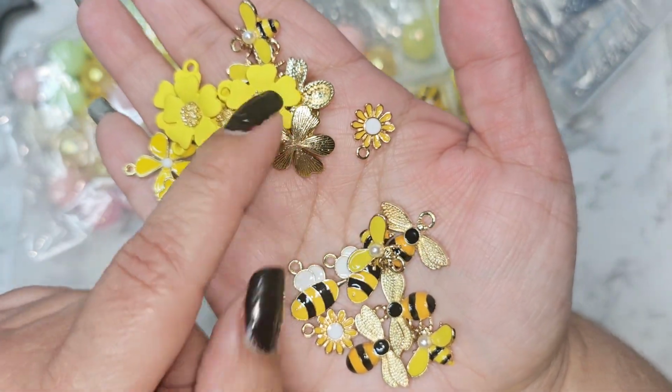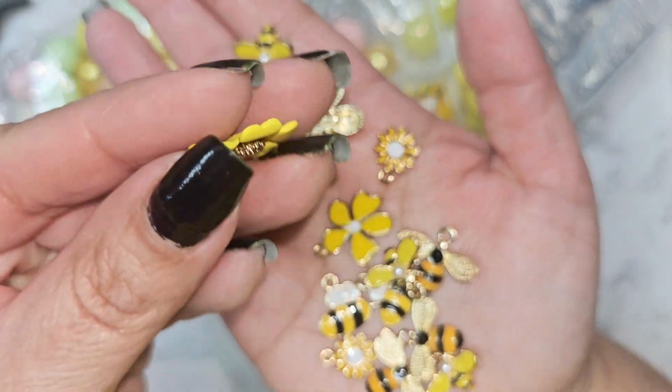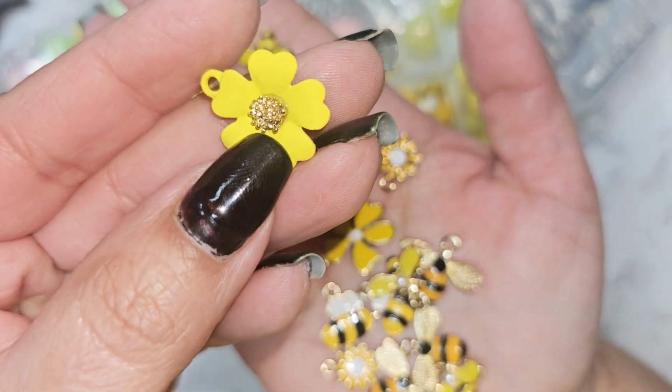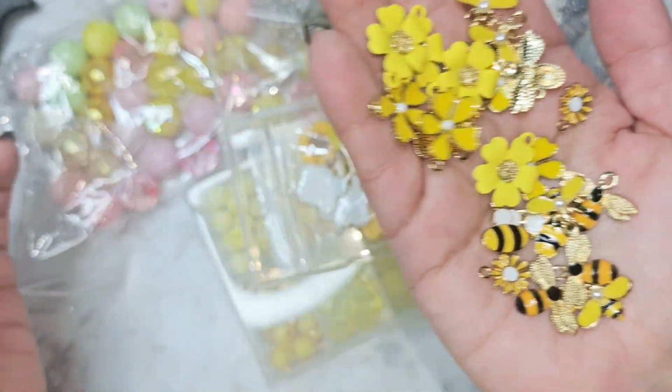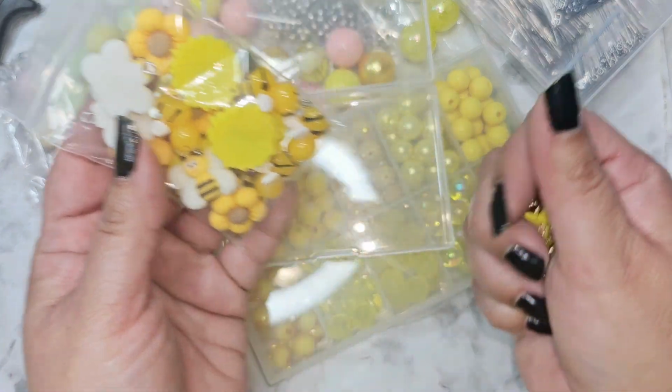Let's see, I showed that one. Here's a larger flower. Look at this one. This one's really cool. It's like a matte yellow all the way around, but has this gorgeous gold center. So I thought those were really nice to go ahead and use. And then it does come with